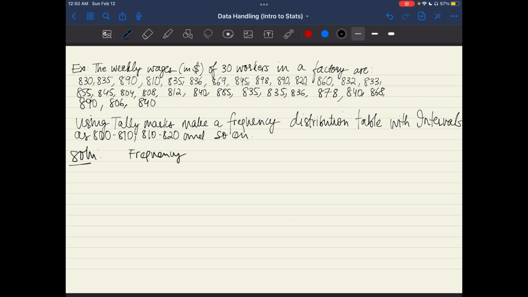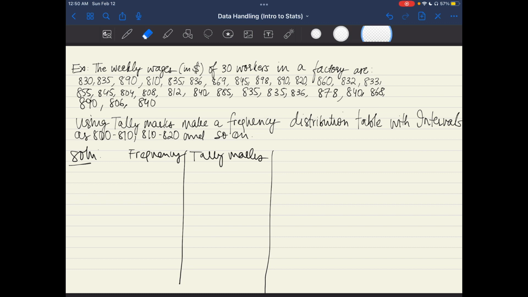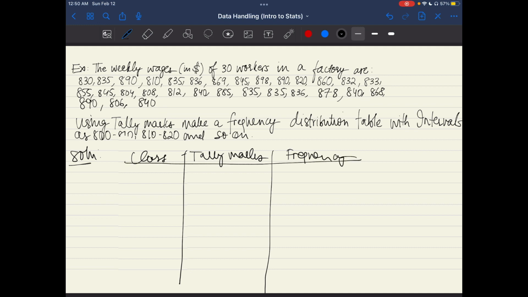Frequency, then tally marks, because they ask us using tally marks. Whoops, this is not going to be frequency. This is class/interval, then tally marks, then frequency. Okay, now our class intervals are